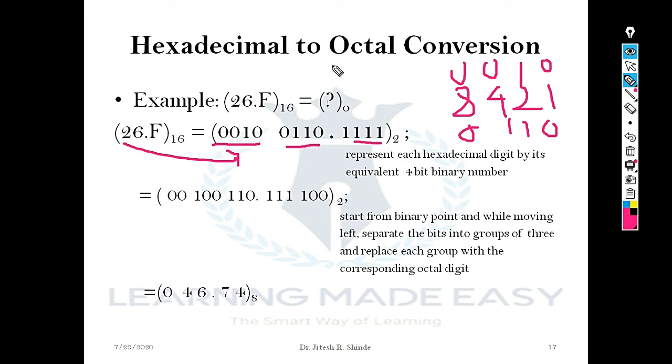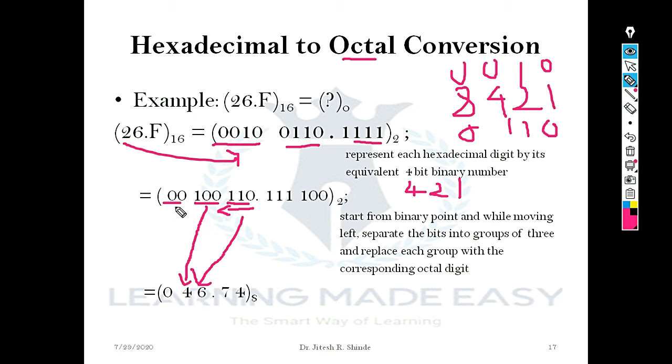What we want is hexa to octal. So here we need to form groups of 3 bits. Moving towards the right for the integer part, form groups of 3: 110, next 100, 00. For 110 we will be taking the advantage of the 421 code. 110 means 4 is 1, 2 is 1, 4 plus 2 is 6. So this is 6 here. Just 1 means 4, and 2 and 1 are 0, so 1 0 0, whose binary equivalent is 4.